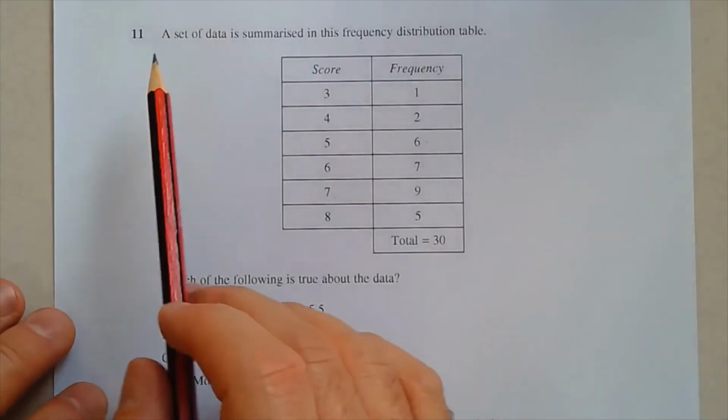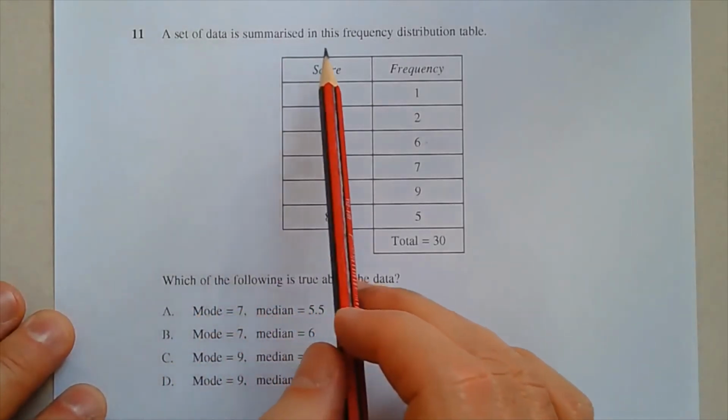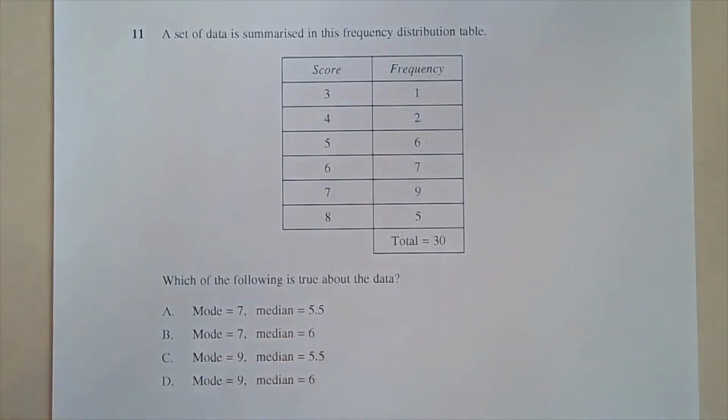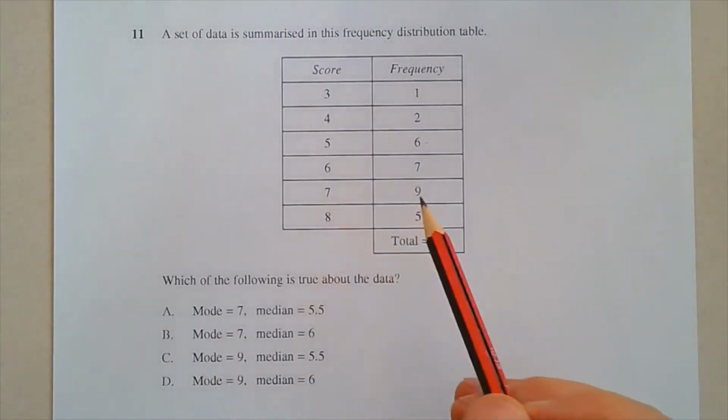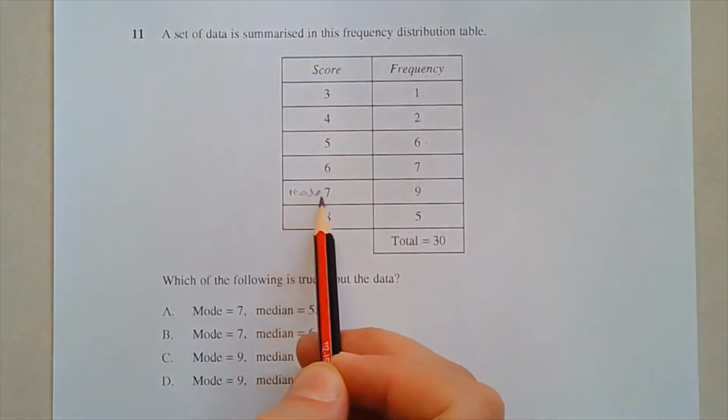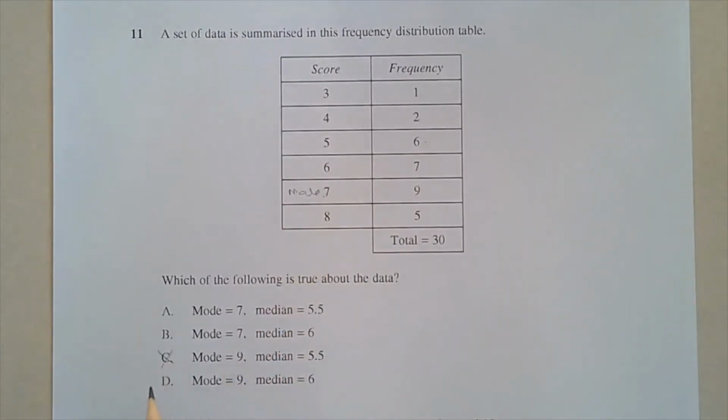Question 11. A set of data is summarized in this frequency distribution table. Which of the following is true about the data? The first thing we need to work out is the mode. The mode is the score that has the highest frequency, which is going to be 7. So there's our mode, so it clearly cannot be option C and it cannot be